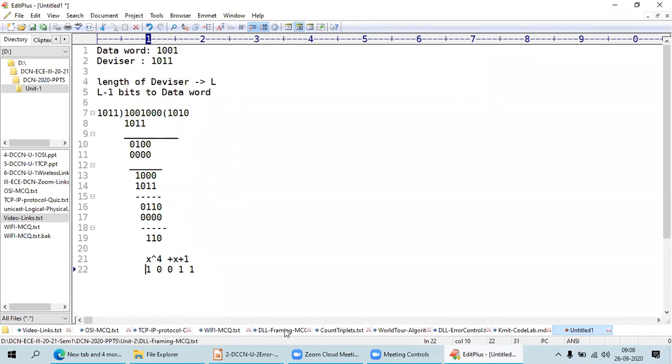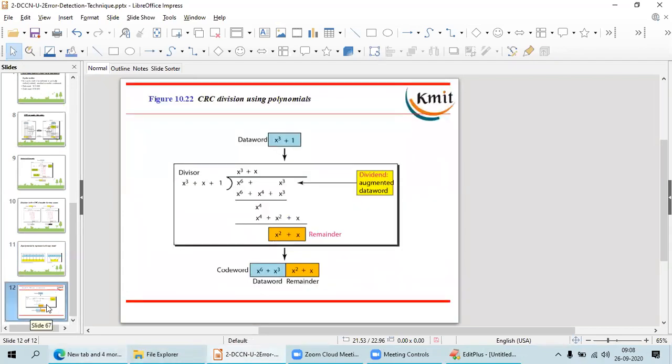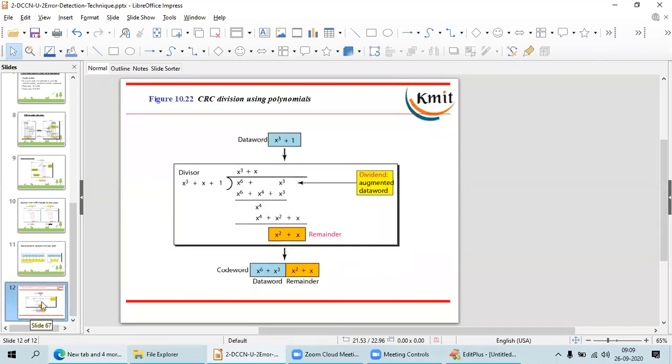Now how you are going to do this polynomial binary division, I am going to show you in the next step. The first one is the divisor. The data word is x power 3 plus 1.